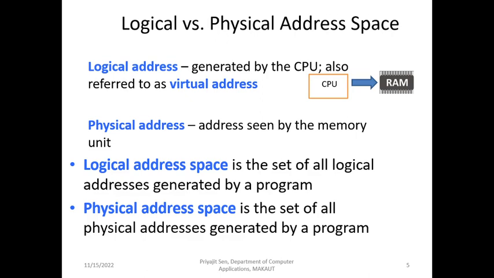For the physical address space, that is actually the addresses that you can see in the main memory, and that is actually another set. Okay, the set of the physical addresses that is generated by a particular program. So the same thing I am telling about the logical address and the physical address, but the difference is here that you are having multiple logical addresses in the logical address space and multiple physical addresses in the physical address space. Okay,